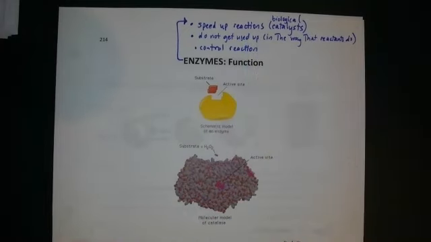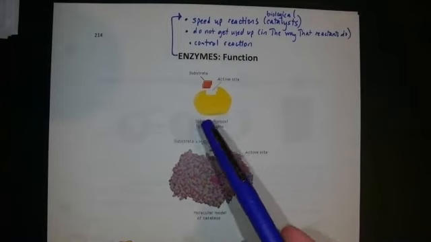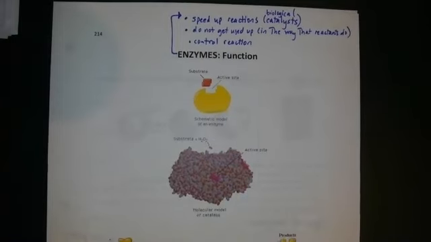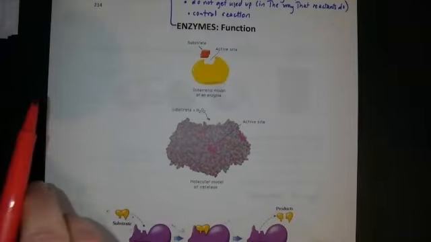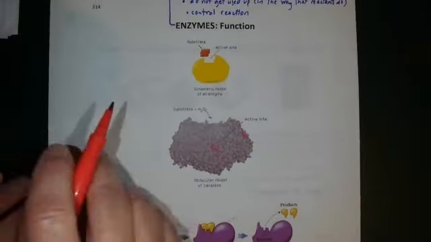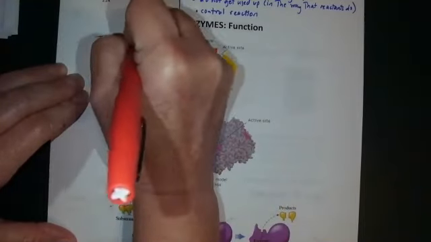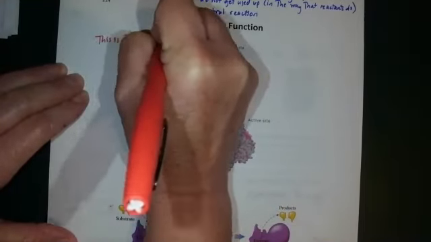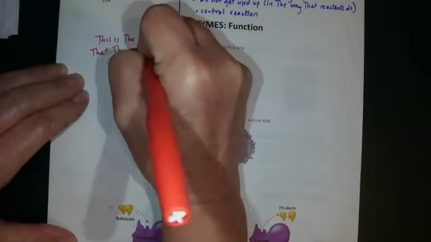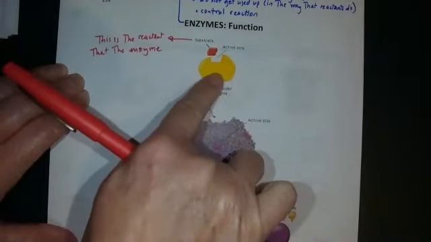How do they do it? What is the structure of the enzyme, to help us understand the function of the enzyme? There are a couple of new terms here, substrate and active site. The substrate is the reactant that the enzyme will act on. So the substrate is not part of the enzyme. It's a completely separate molecule that comes wandering about and encounters the enzyme. So it's the reactant that the enzyme will act on.